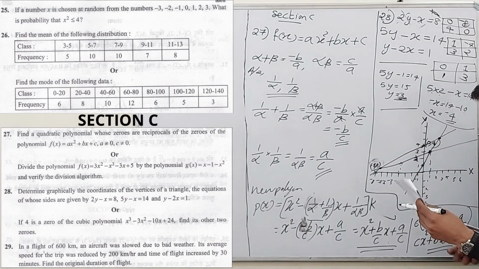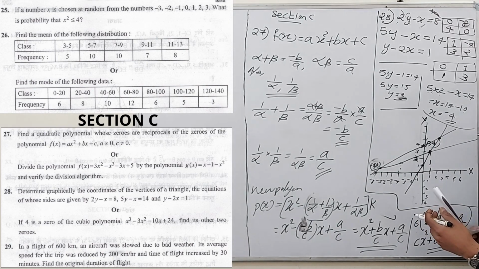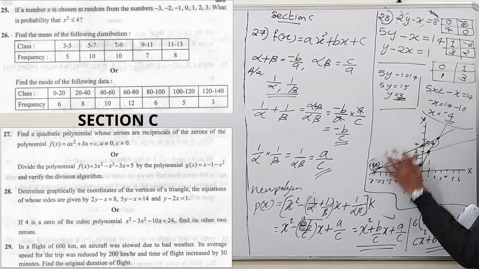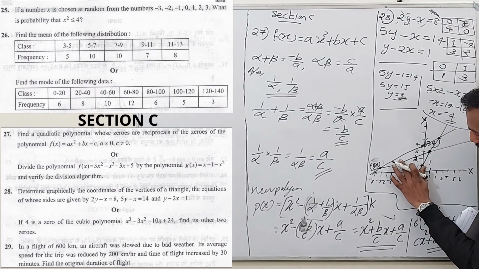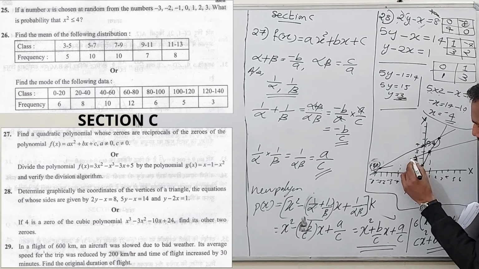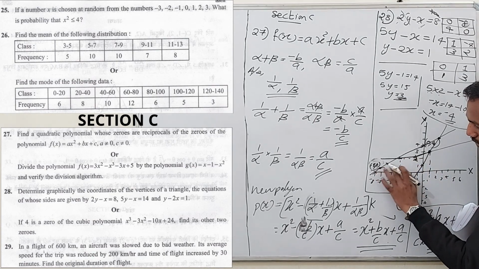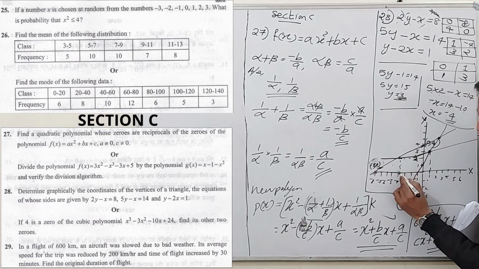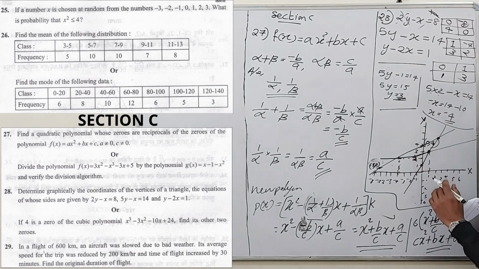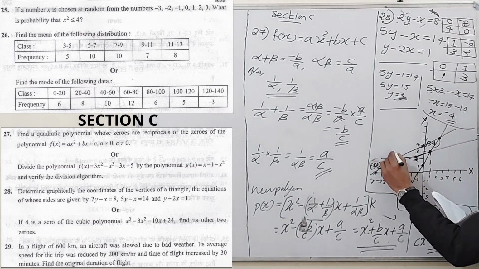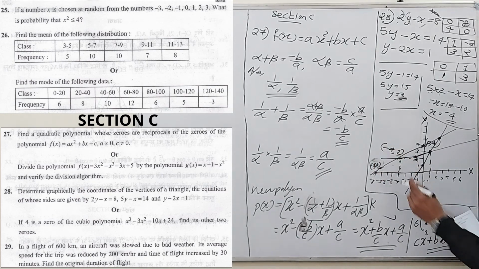My graph is not appropriate. According to the question, it is the first coordinate here. For the second graph, we will get minus 4 and 2. So my graphing is not appropriate. The point should be here. The graph should pass through like this, not like this. Minus 4 and 2. Okay, now it is correct. The point we are getting here is minus 4 and 2. Here it will be intersected.